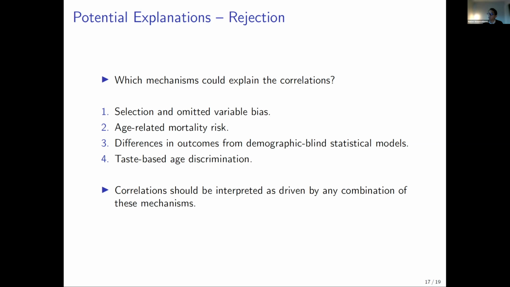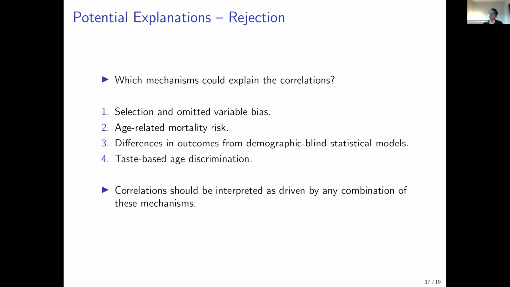Age-related mortality risk is another potential explanation. In the United States, when a borrower dies, the mortgage is either prepaid through asset sales or goes into foreclosure if there's no heir or an asset sale doesn't cover the whole debt. And so, of course, for older applicants, probability of death is a real risk for lenders, because if lenders care about prepayment risk or foreclosure risk, that has to be binding. And so that might drive the result as well.